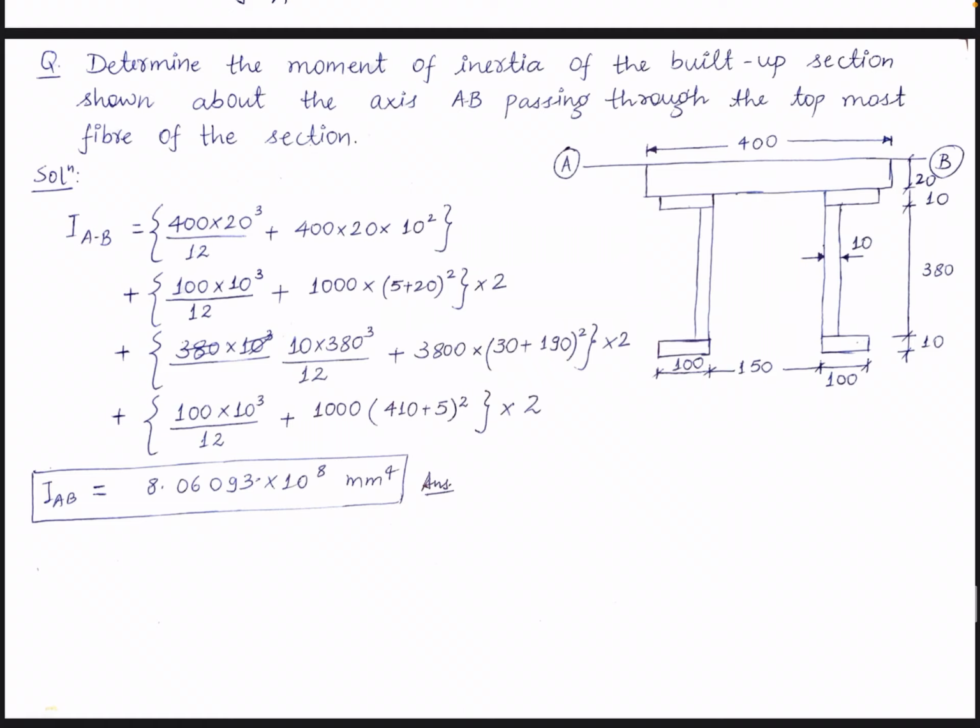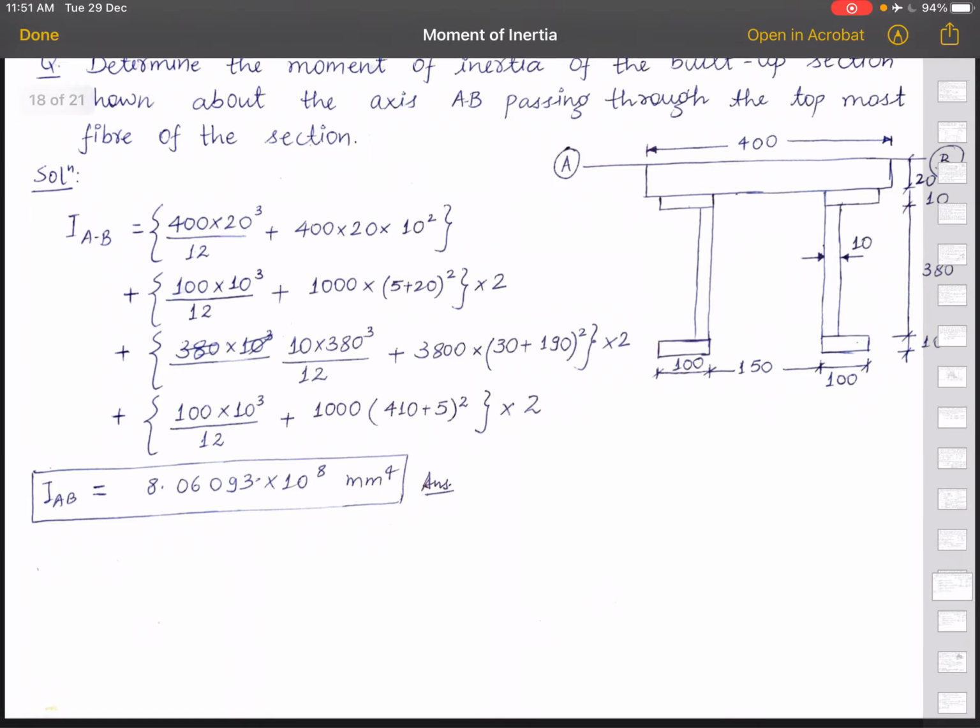Determine the moment of inertia of a built-up section. This kind of section you will be seeing in the steel design problems. Shown about the axis AB. Here the axis is given passing through the topmost fiber. So the axis is given. So what you have to do? You have to do nothing. Just put the values of